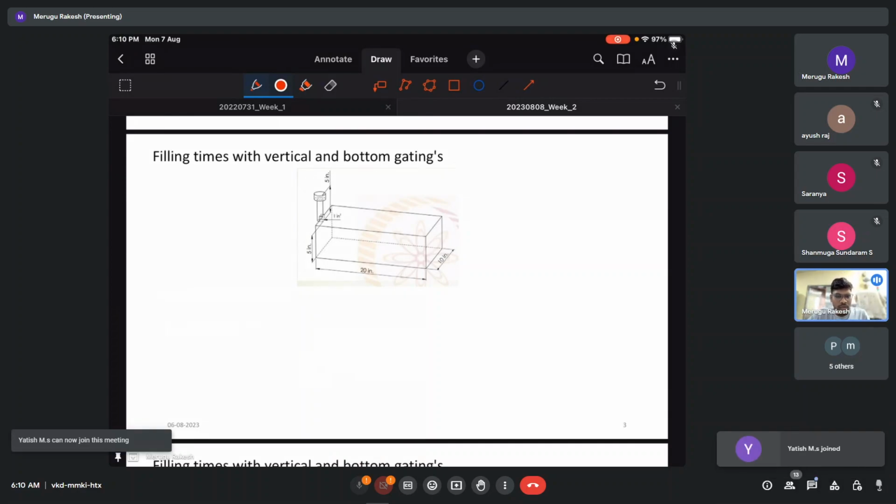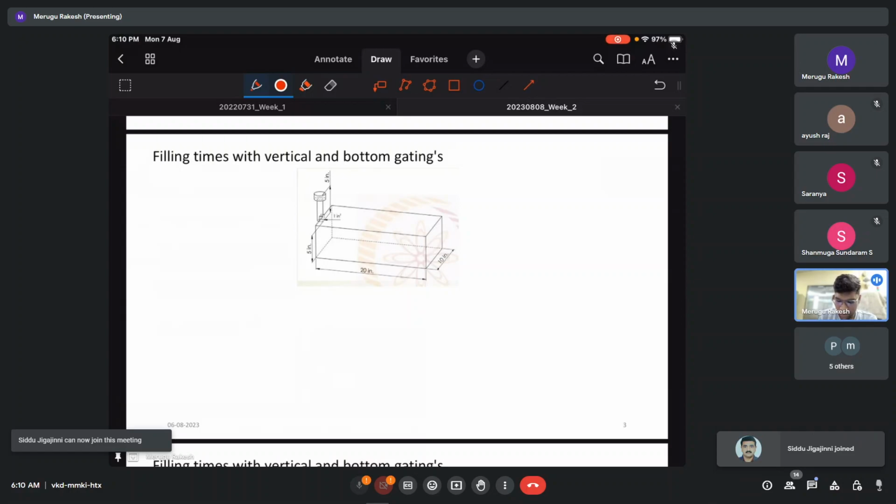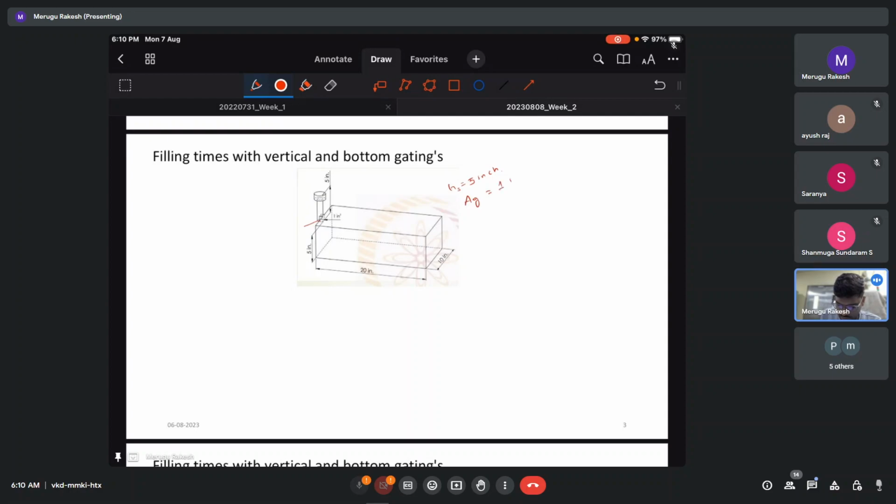Take out your pen and notebook and try to solve this problem. This is a top gating system. The sprue height is 5 inches. Then the gate area is 1 inch square. Then we have the casting size. The casting is 5 into 20 into